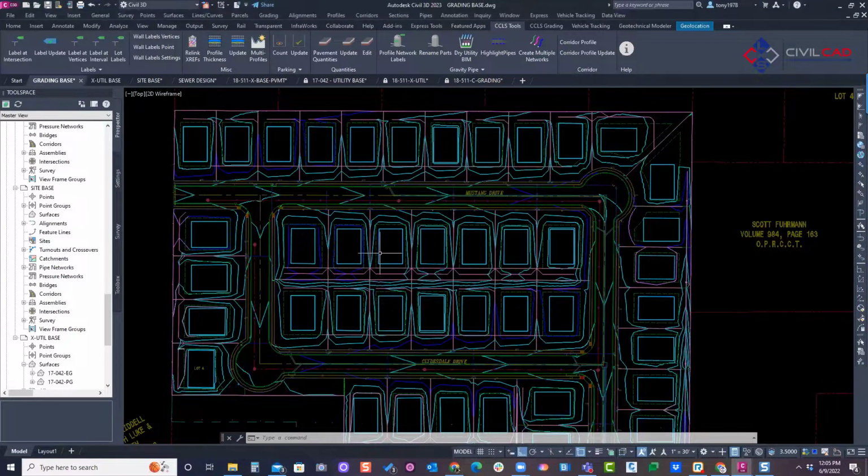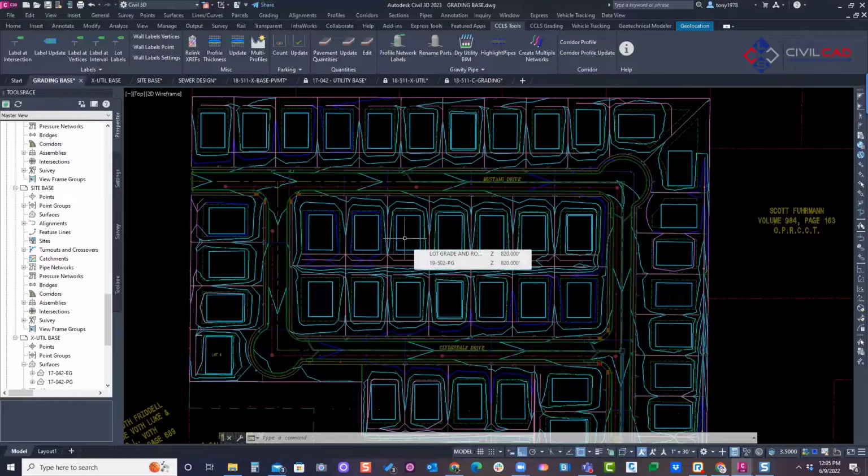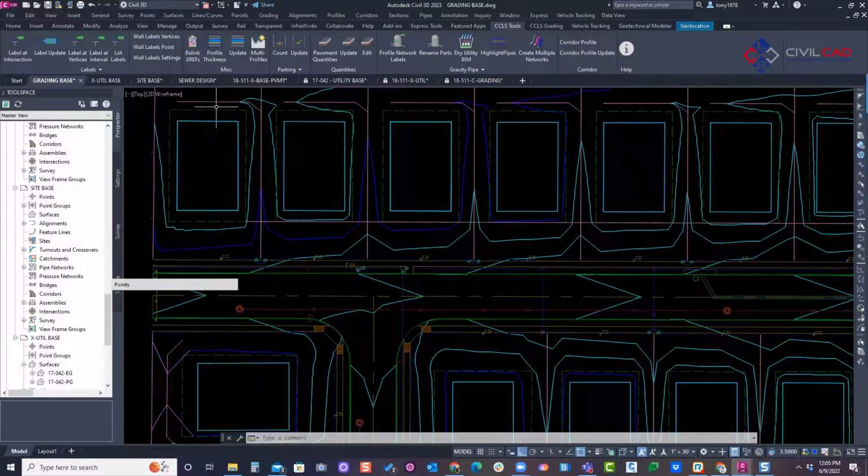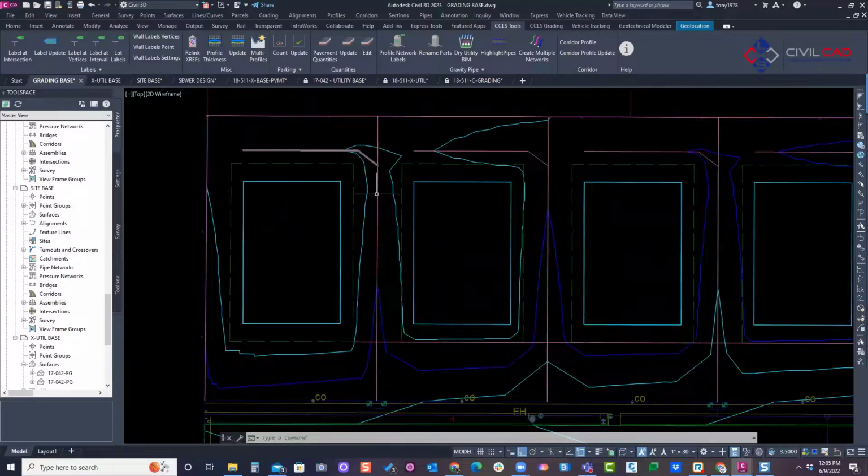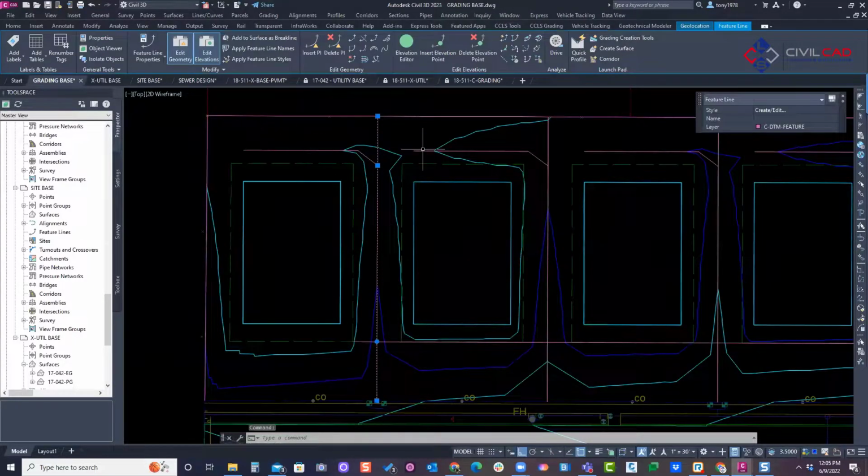Okay, good. So the first ones I want to go over is spot grading. That's something that takes a lot of time. Grading and spot grading are subdivisions, commercial or school projects. I want to go over some of our apps here. The first one I'm going to go over for this small residential subdivision is Label at Vertices. What if I wanted to label all the vertices along these feature lines that represent my swales between the